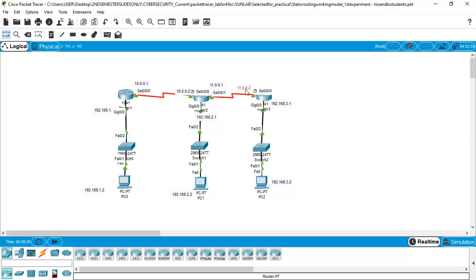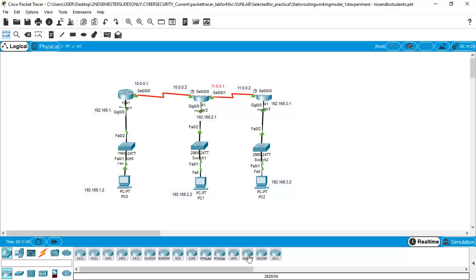Why? Because I have not done the routing in the routers. If PC0 should communicate with PC1 and PC2 and vice versa, I must do the routing configuration in all three routers, router 1, router 2, router 3. Then I will be able to achieve the communication between the devices. This task we have not completed so far, and I am sure this is a new challenge for you. We will see how we are going to handle it. This is our first experiment in this class.